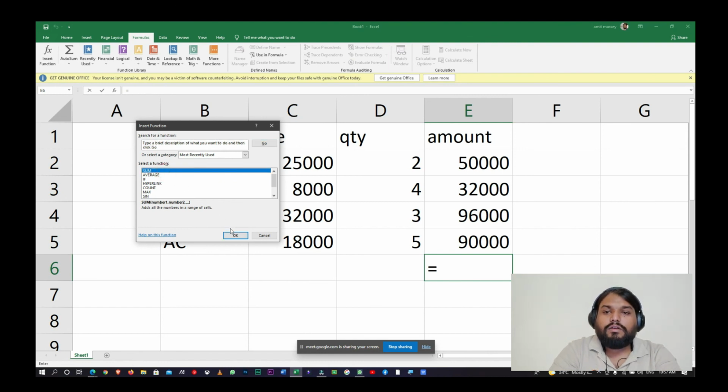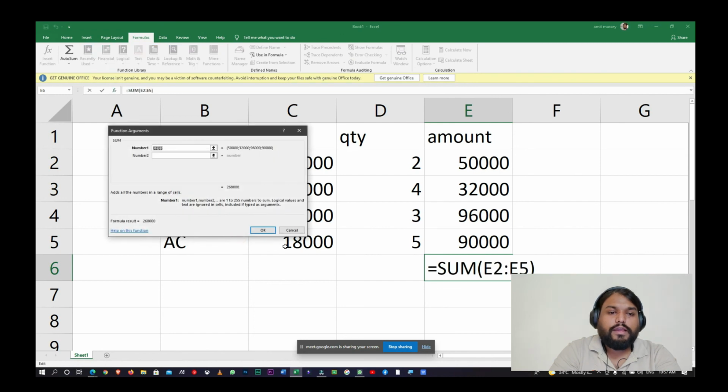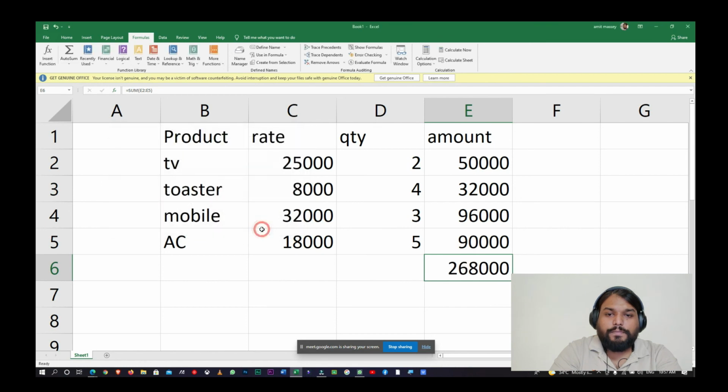I'll click on it, then click OK. It will automatically take the range of cells from E2 to E5. If it is correct, then you can press OK, and automatically you will get your answer, the total number over there, without any problem.